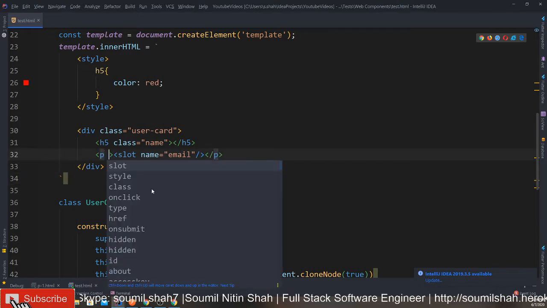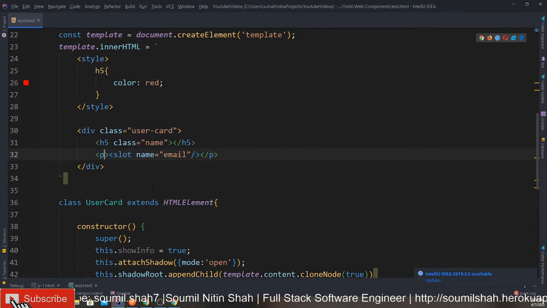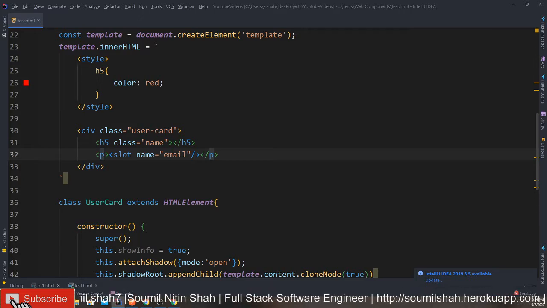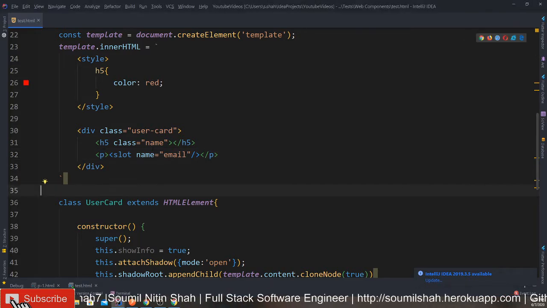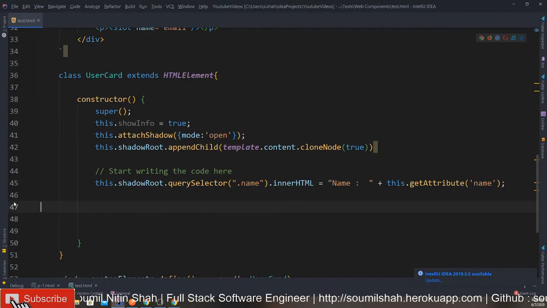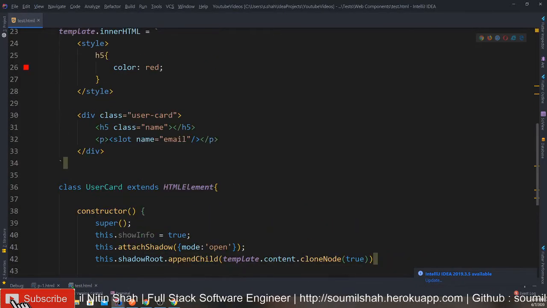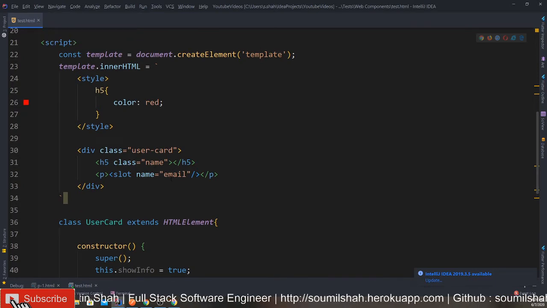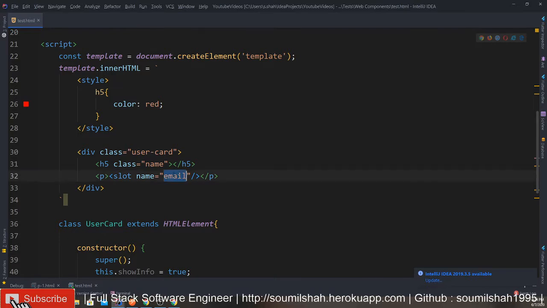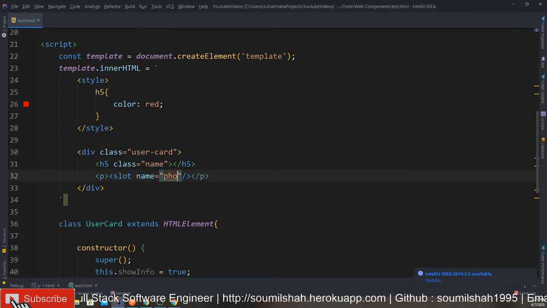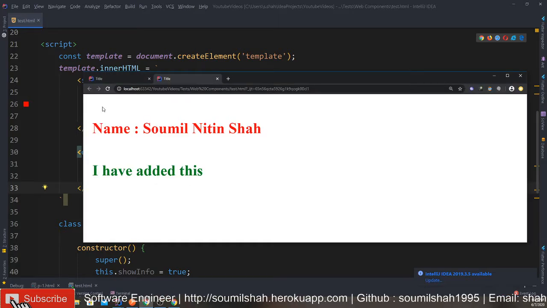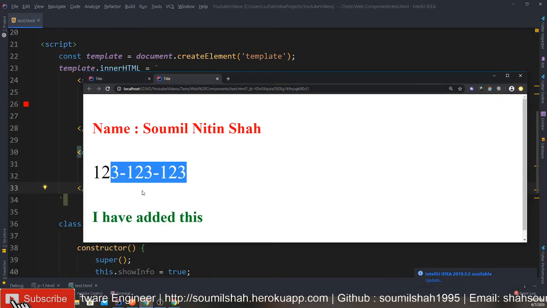Technically it should work. Oh, it's email. That's why. I shouldn't be writing this. I think I said phone here, and over there I said email. So all I have to do is just say phone here. Sorry for the confusion. So you see it works.